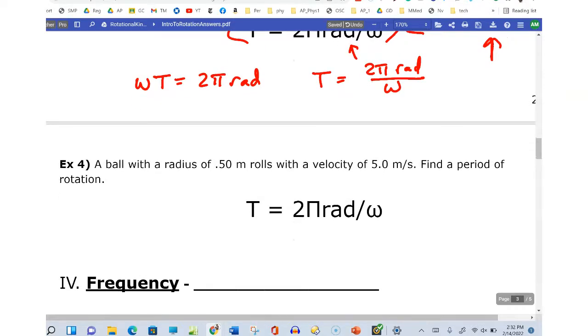All right, a ball with a radius of r, velocity v, that's just linear velocity because it's meters per second. Find the period, that's capital T. So you know what I'm going to do instead? I don't really like this. I like to just go, okay,